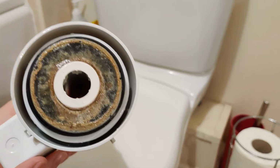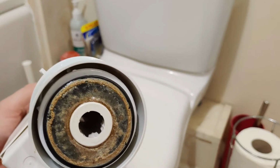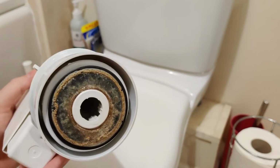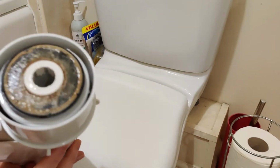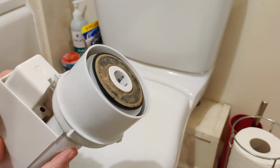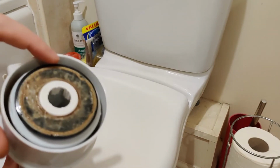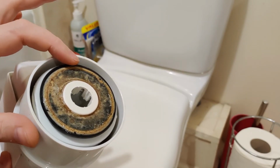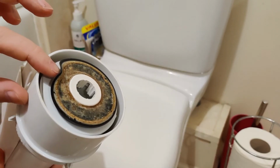You can see with this one all the grime has built up around the edges. This stops it from creating a perfect seal, which means that the water can escape that seal, and that's how you lose the water. Now these are only a few pounds. You can get them from your local depot store or online, a few pounds to replace,